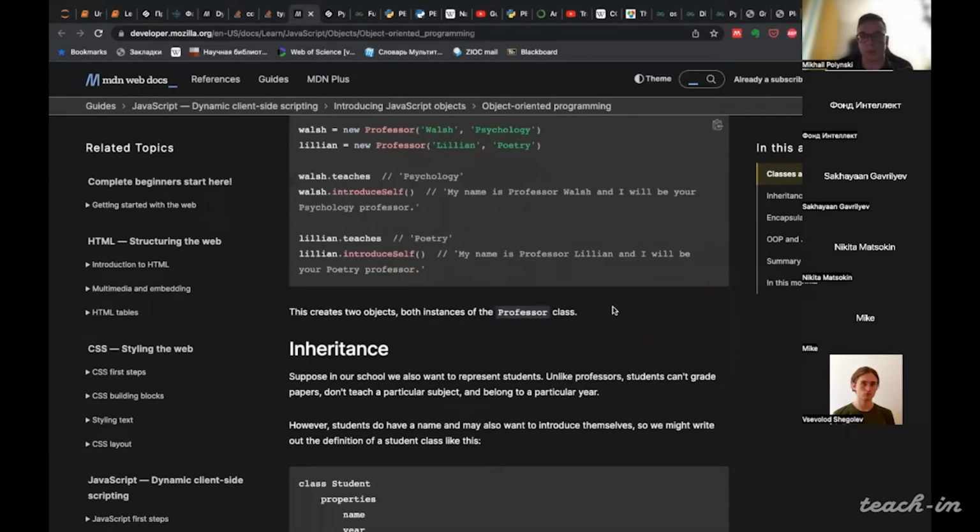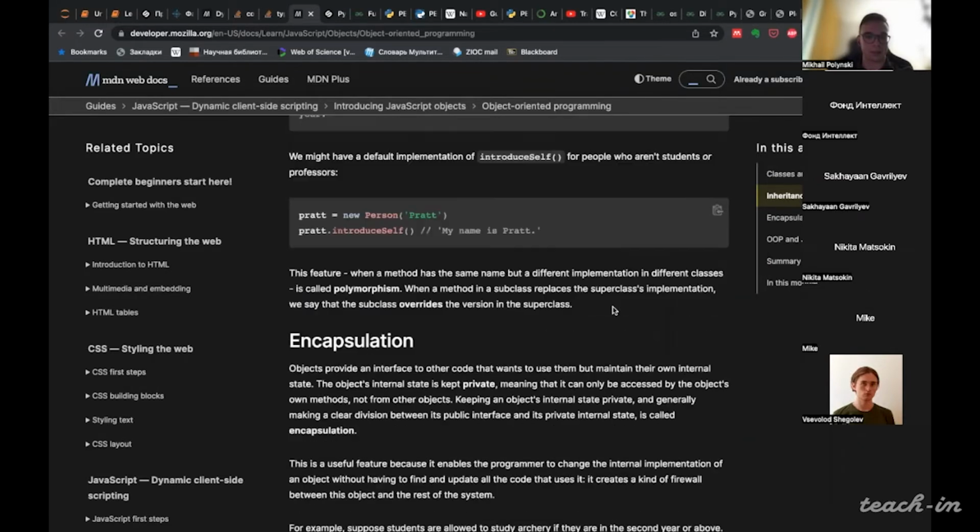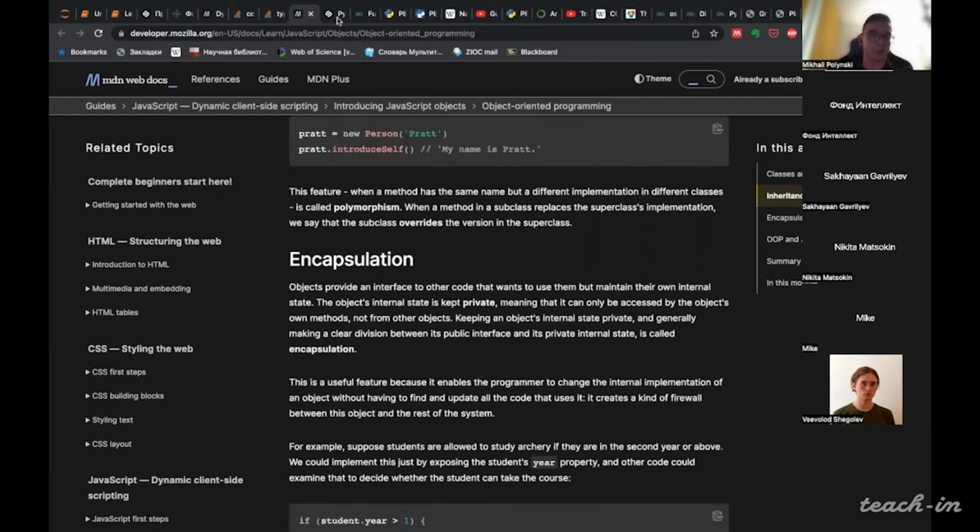Of course, there are some things that you should also consider, like inheritance, encapsulation, etc.